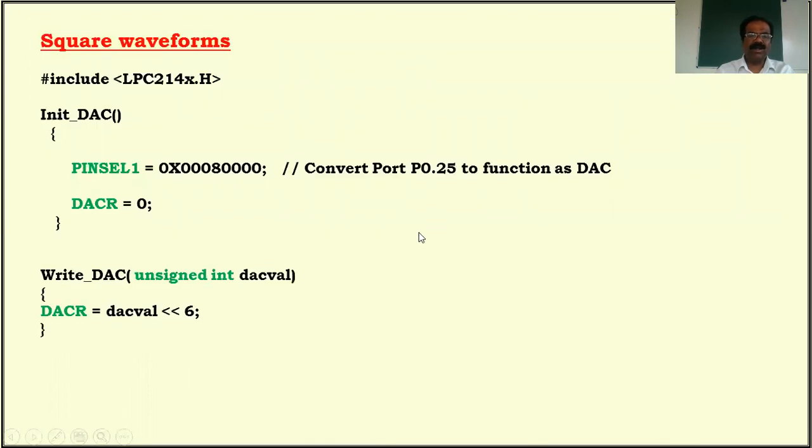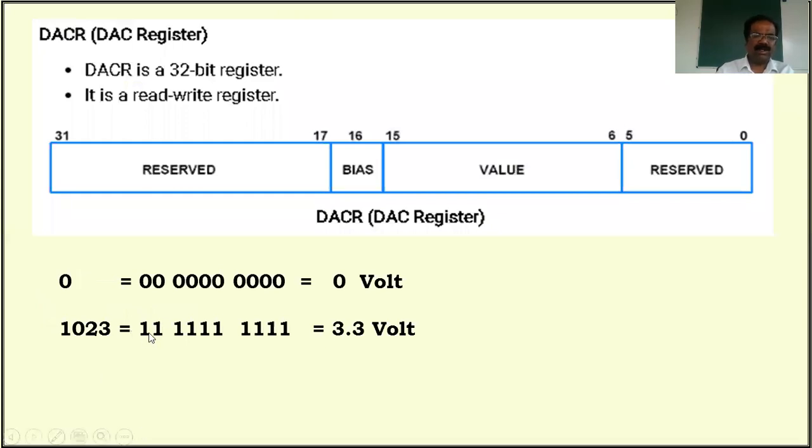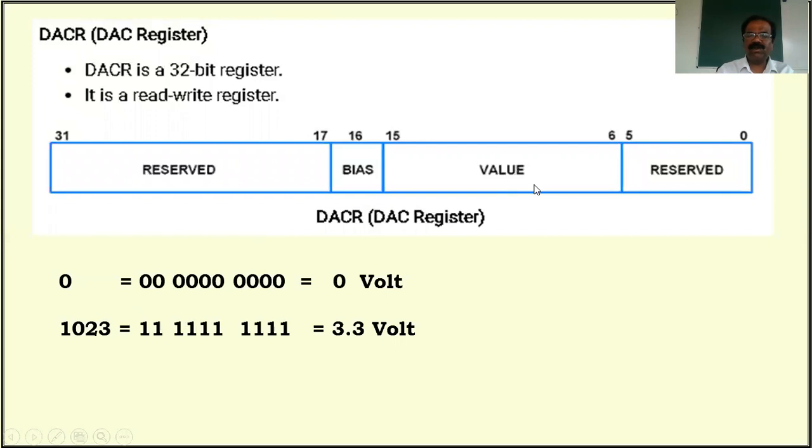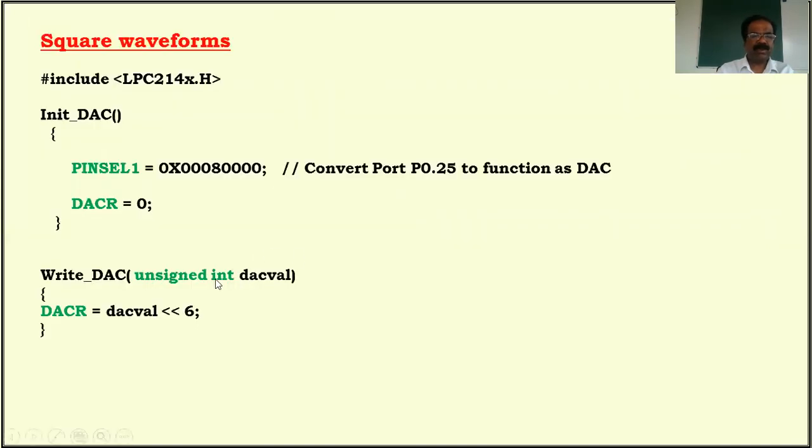That's very, very important. So before writing into this register, shift this value. That value may be 0, or 1, or 2, or up to 1023 in decimal, or its binary equivalent. We have to write it into this. Then shift that value towards the left how many times? 6 times. The shifted value will be written into the DAC register. Then the data will be stored from this area, and only that particular information will be converted to the equivalent analog. That's the meaning of this.